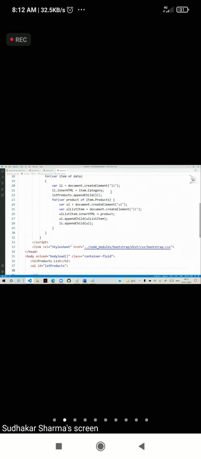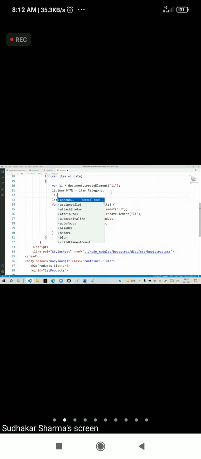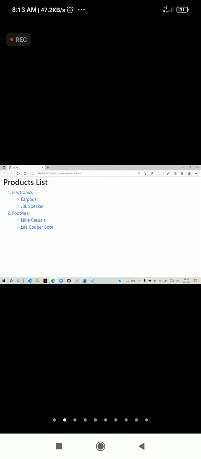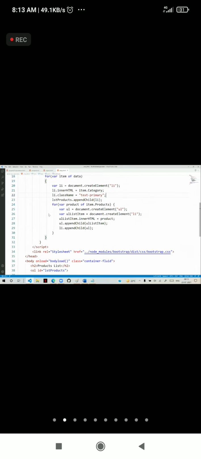I already told you class name. What is the class name? Suppose I say text primary. That is the class name given for that. That means we are dynamically applying it, and you can see that class name will come. We can configure that.